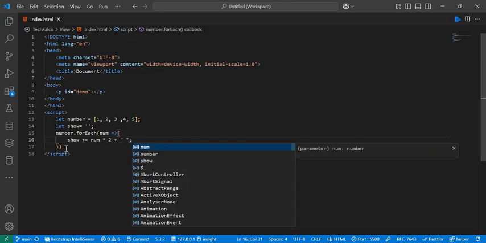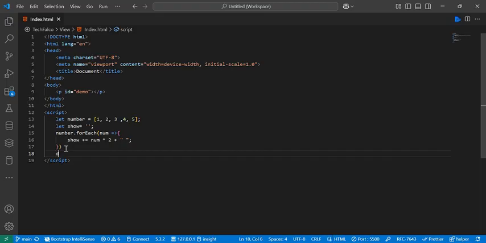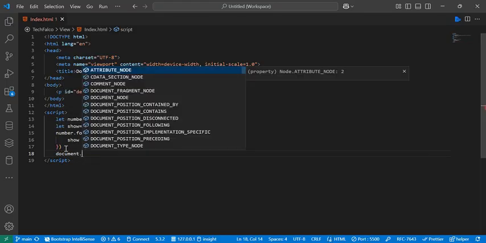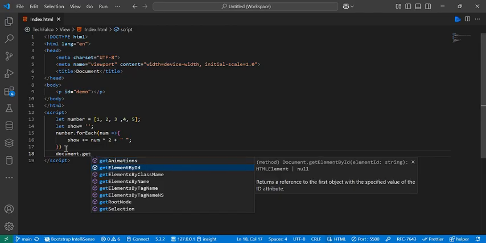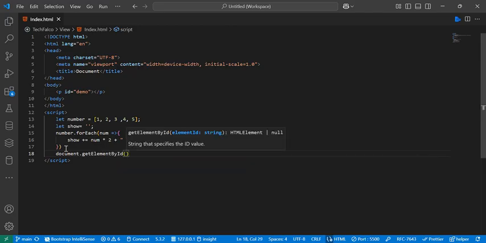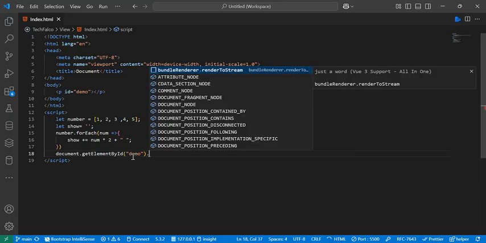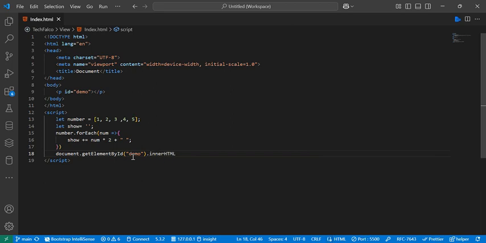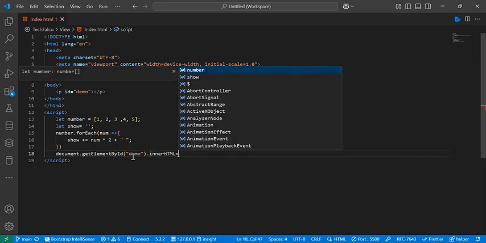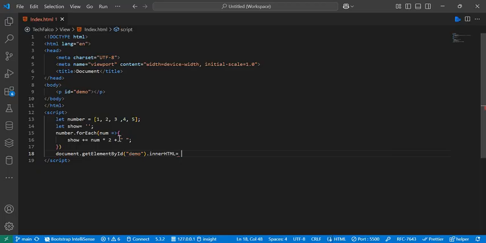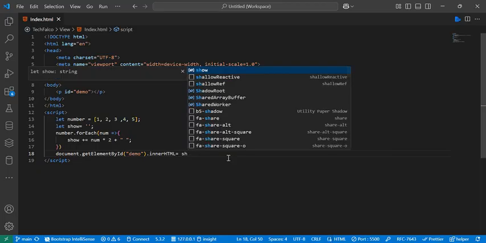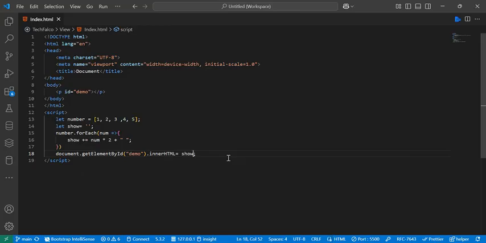So now let's call it back. Document dot getElementById, and our ID name is demo, dot innerHTML. Then we call back the name. What was the name we gave to it then? Show. And we call back show. This is it. So let's see how this is going to display in the browser